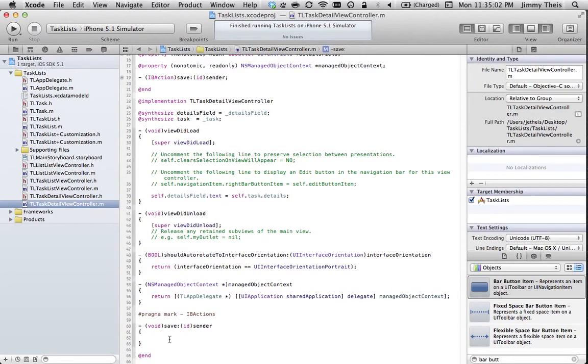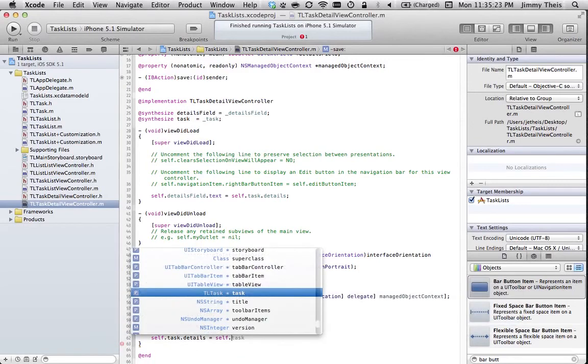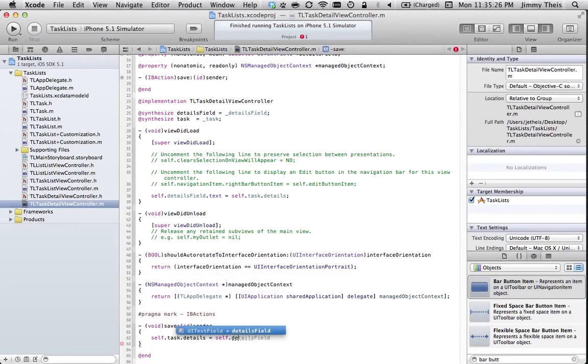So when we save it, what we want to do is self.task.details, and basically at this point we will just pull the text from that text field, and if it's changed, it's changed. If not, we'll just be overriding the exact same text. Equals self dot details field dot text, and then we'll just save the managed object context